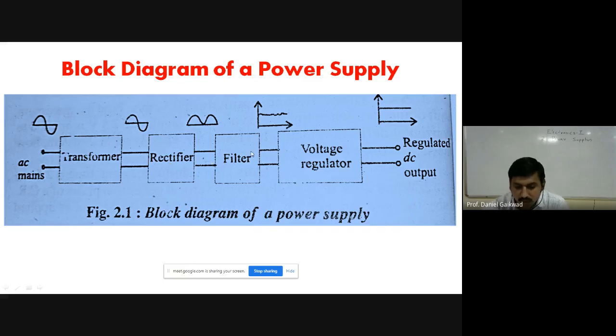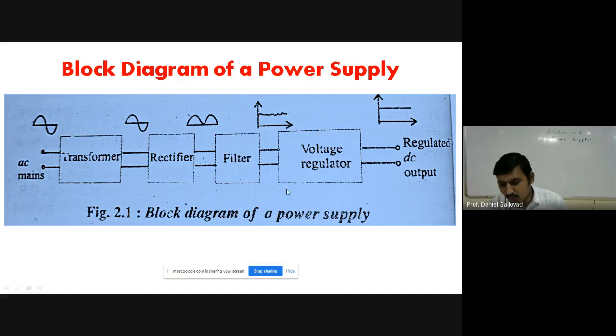Now we have the next part, the filter. Filter is the component for the conversion of the fluctuating DC into smooth DC. Check carefully, the DC will be obtained from 0 to maximum, again 0, again maximum. So this is fluctuation, and that fluctuation we have to convert into smooth DC. Here also we have some zigzag, but it is converted into DC here. So the DC fluctuation reduces with the help of the filter.